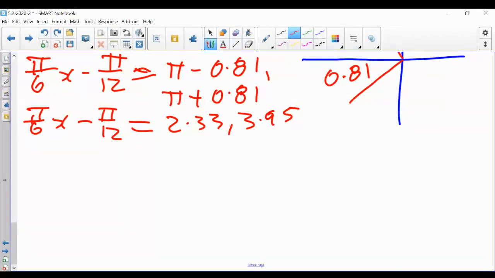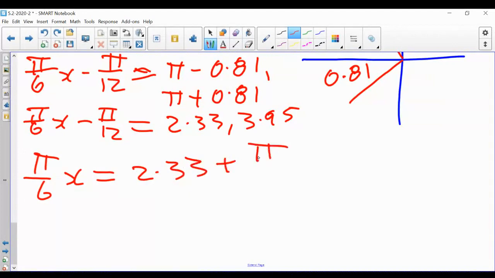Well done. Okay, so let's do it for one of them. So pi over 6x is equal to the 2.33 plus pi over 12. Okay, so quickly answer that question for me, please. 2.33 plus pi over 12. What is that equal to? Again, just give me two decimal places for now, just in the interest of time. And again, I will probably do this again tomorrow because I need to finish up the question anyway. But let's just see if we can finish at least one part of it right now. So 2.33 plus pi over 12, what is that equal to? Quickly, folks. Come on, anybody. 2.33 plus pi over 12. 2.59. Okay,